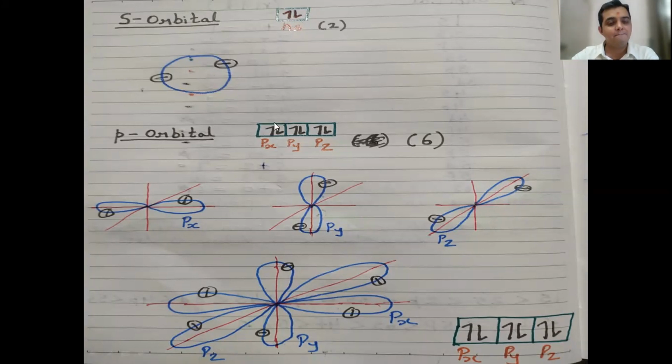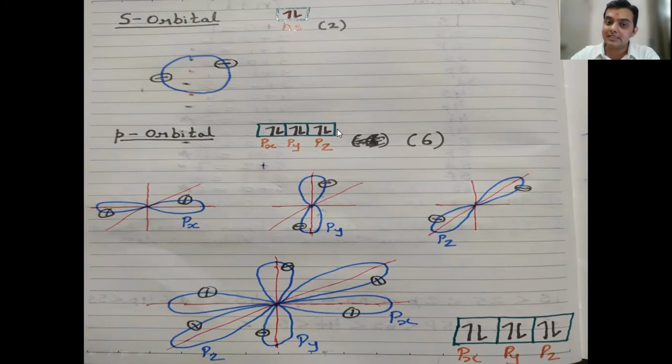In the same way, the p orbital. In the p orbital, we have three boxes. So in these three boxes, obviously it is px, py, pz. Why three boxes? Because there are three orbitals, px, py, pz. This px, py, pz contains two electrons each. Means each orbital will contain only two electrons. So in px one clockwise and one anti-clockwise, in py one clockwise and one anti-clockwise, in pz one clockwise and one anti-clockwise.